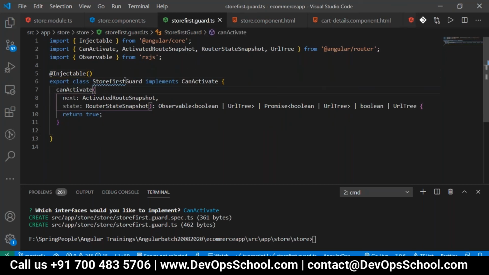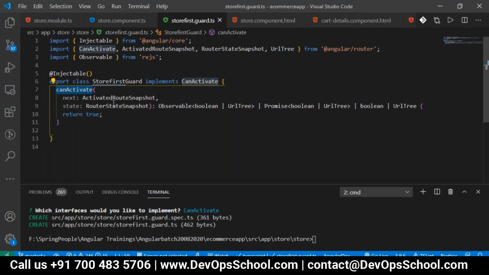Store first guard implements one interface called CanActivate, which has a method called canActivate. In this, I want it so that if it is a store component, then only it should proceed. If it is not a store component, it should be redirected back to the same URL, if your navigation is already done.